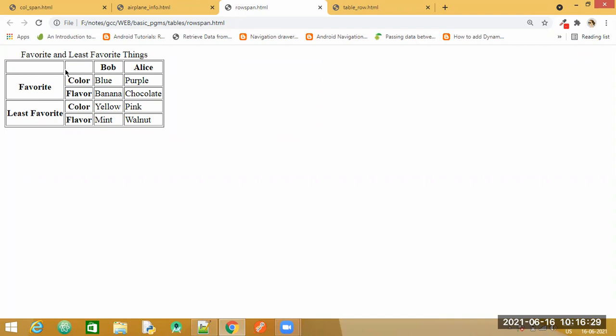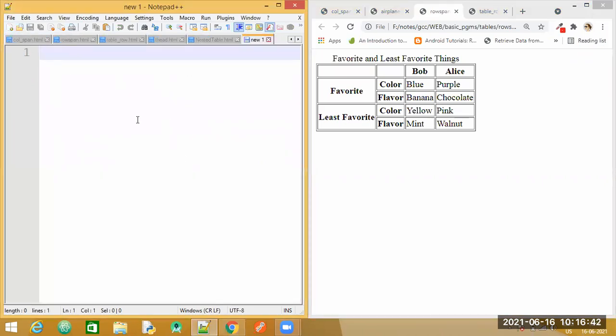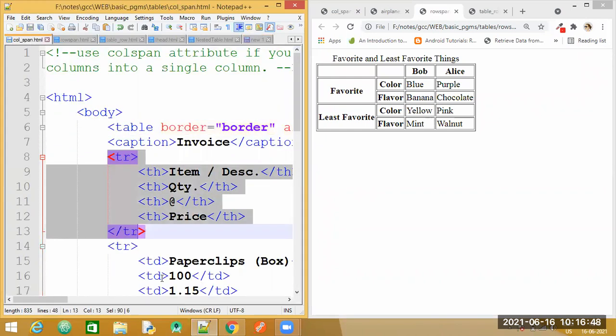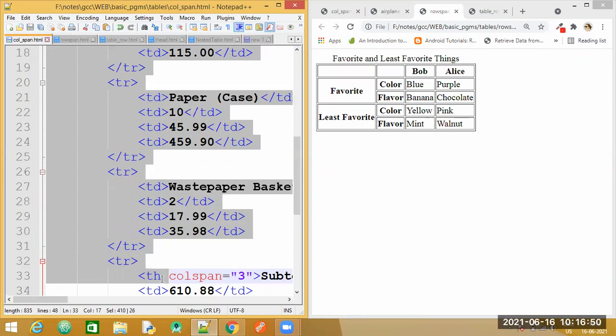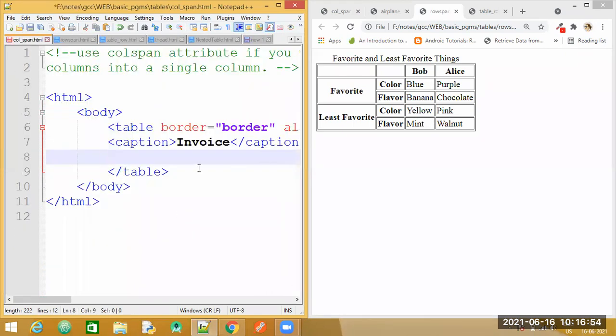So let's try to do this example. Let us take a new file. We'll just erase this off and continue in the same one. Let us change the caption.